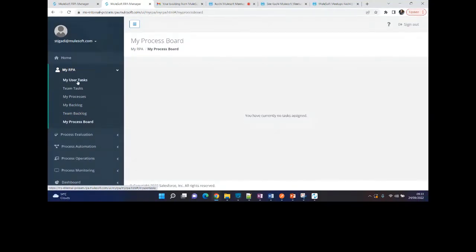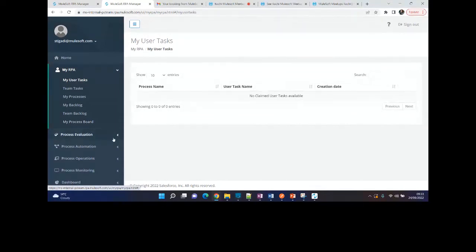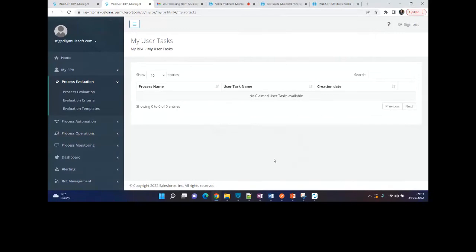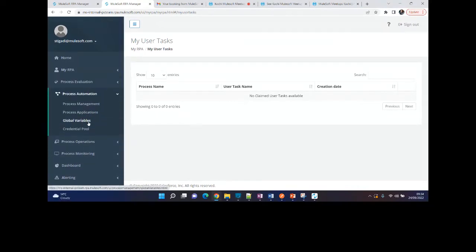Maybe I don't have the right access. Okay. So anyway, once you have created the evaluation and approved it, it will go into the design phase. And once the design has been created, the next thing that you will do is, I have created one, so you can just take a look at that.